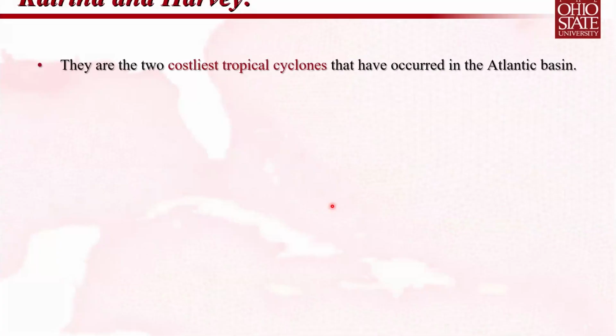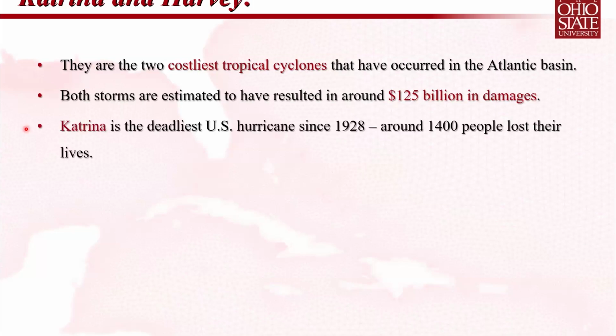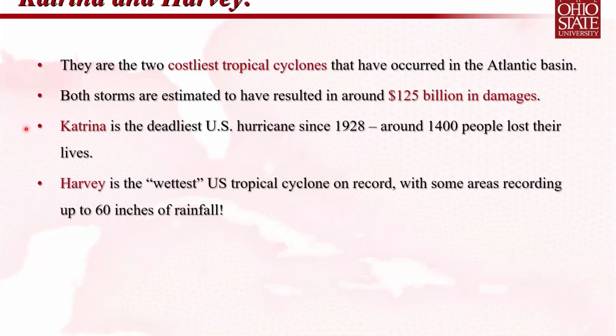So a couple facts that I'll note about these two storms. First of all, and the reason why I'm highlighting them, they're the two costliest tropical cyclones that have occurred in the Atlantic Basin. Both of these storms are estimated to have resulted in around $125 billion of damages. Yes, that's billion. And Katrina is the deadliest U.S. hurricane since 1928. Around 1,400 people lost their lives. Hurricane Harvey has the distinction of being the wettest U.S. tropical cyclone on record. And like I mentioned, some areas recorded up to 60 inches of rainfall during the course